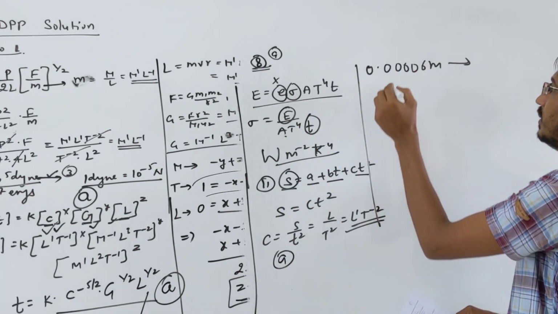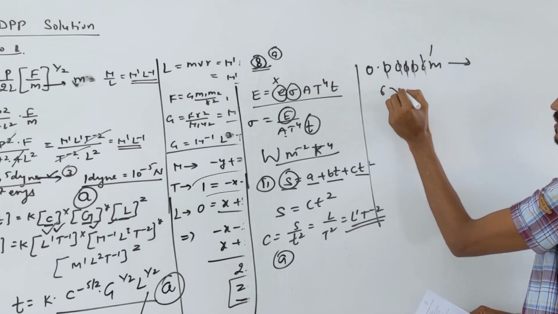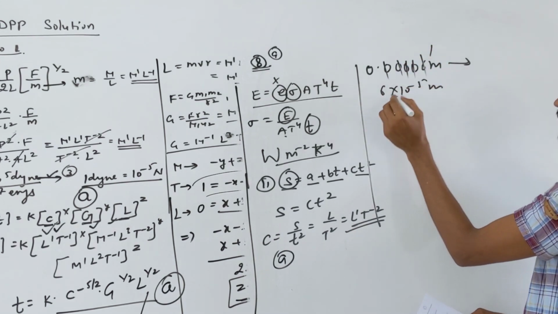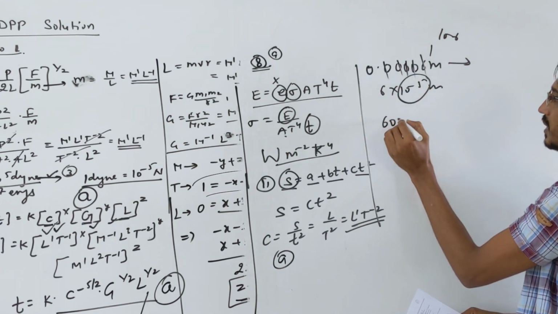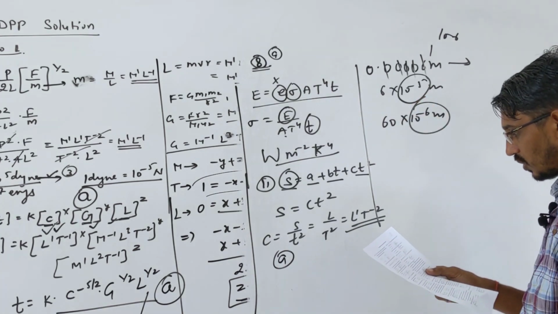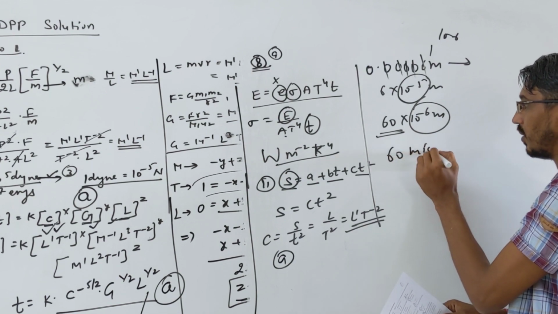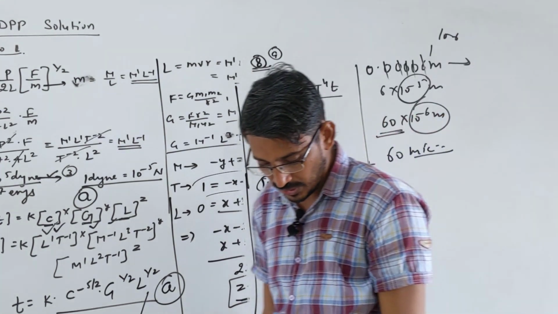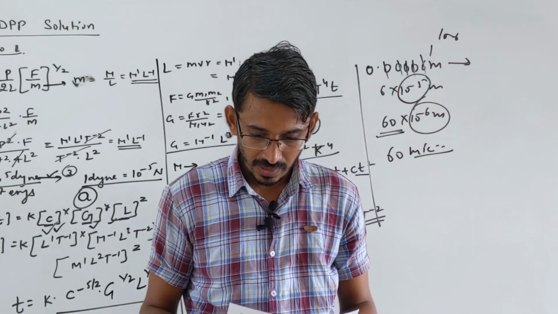So how to write? Look here. If you write 6 into 10 power minus 5 meter, then we have to make micro, which means 10 power minus 6. So you can write 60 into 10 power minus 6 meter. This is called micrometer. So the answer of the question is 60 microns, or micrometer. Microns, micro, all these are 10 power minus 6. So the correct answer is